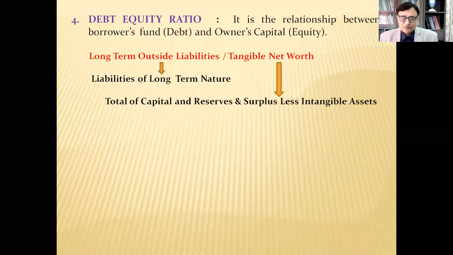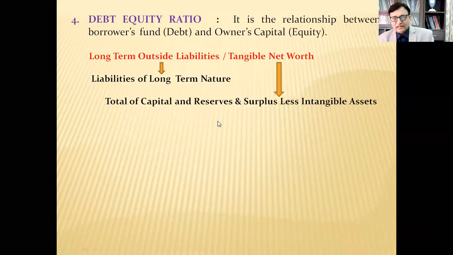So now we have to find out the long-term solvency position of the concern. For that purpose, we calculate the debt equity ratio. Basically, the debt equity ratio is the relationship between borrowed funds and the owner's capital. So that's why we calculate the debt equity ratio: long-term outside liabilities divided by tangible net worth. This is the formula for calculating the